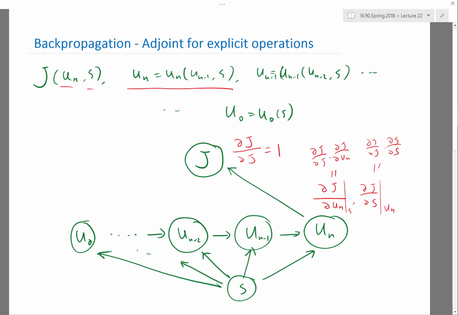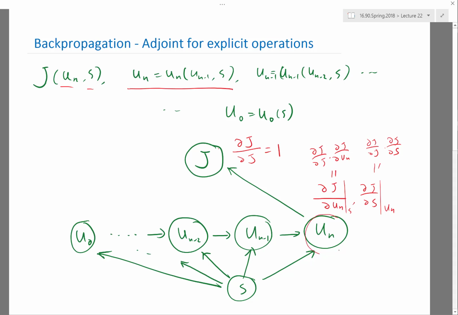Because it's part of the inputs to the very last operation. So then we follow the same rule: we already know the derivative of j to the outcome of this operation, and we try to get the derivative of the same j to the inputs of that second last operation. What are the inputs? un minus 1 and s, right? Okay. So here,